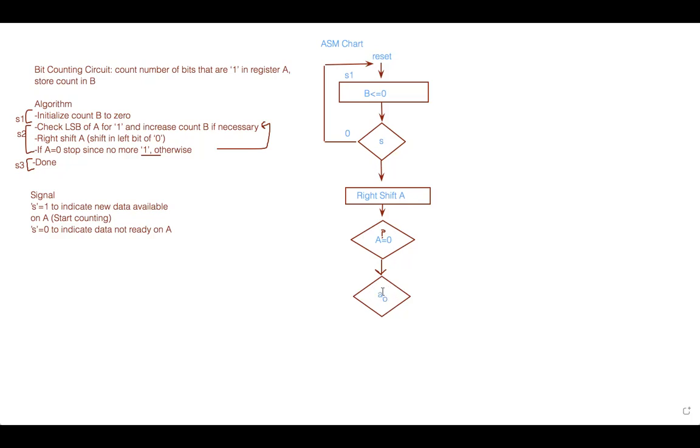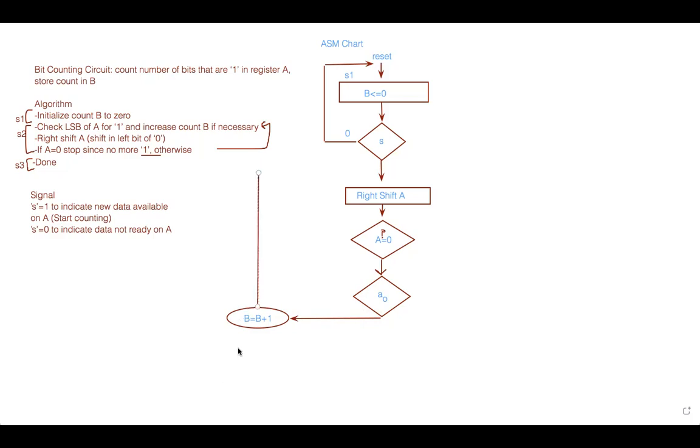If it is, then it goes to another condition, where it's going to add 1 if that is true. So B equals B plus 1. That means the least significant digit had a value of 1, and so it's going to add 1 to the count. And then going back up here,